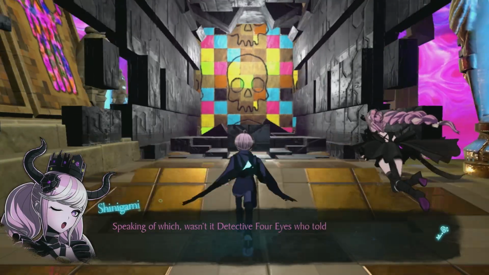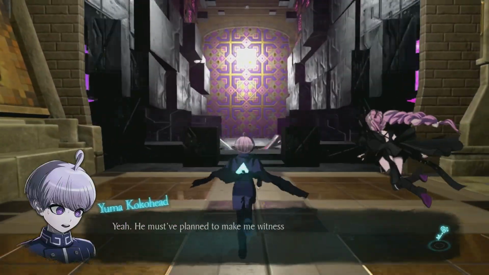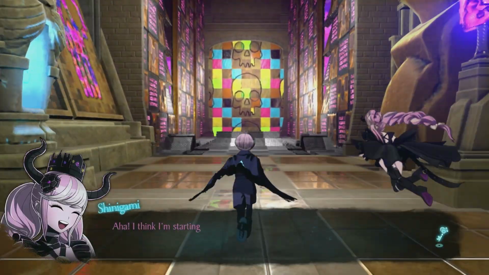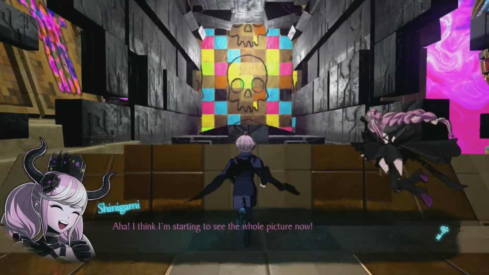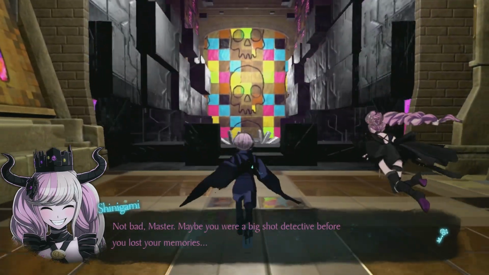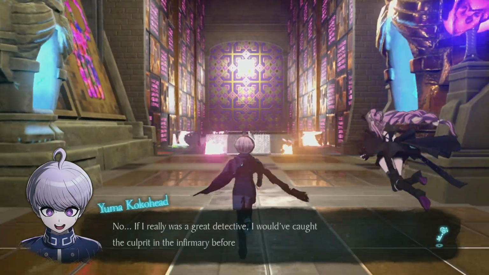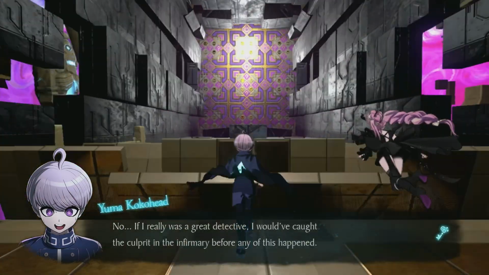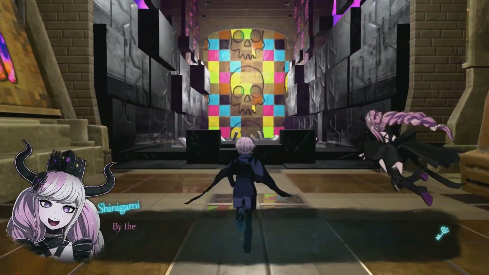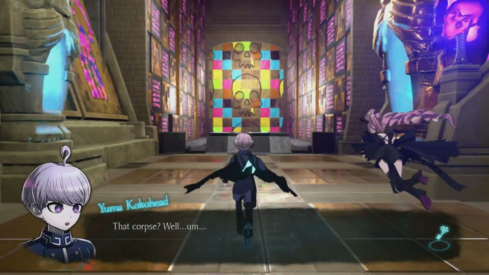Speaking of which, wasn't it Detective Four Eyes who told you to go to the first car? Yeah, he must have planned to make me witness everything and set me up as the culprit. Aha! I think I'm starting to see the whole picture now. Not bad, Master. Maybe you were a big shot detective before you lost your memories. No. If I really was a great detective, I would have caught the culprit in the infirmary before any of this happened. I guess so. By the way, where did he get the corpse he was hiding in the blanket? That corpse? Well,